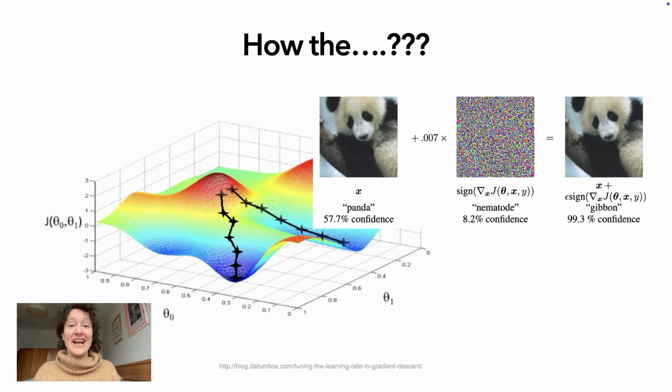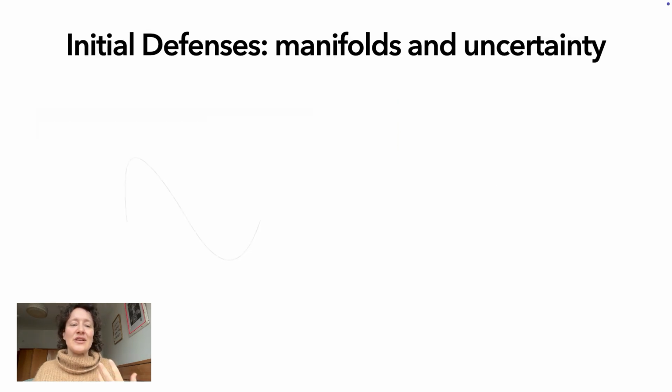And these adversarial attacks were so cool when they came out because there was no way to defend against them. Every time somebody came up with a defense, it was broken the next day. So this is a really exciting area of deep learning research because people had to learn more about how deep learning worked to figure out why this is happening and how to address it. Here again to show the panda, this adversarially chosen noise ends up classified as a gibbon, which is not a panda.